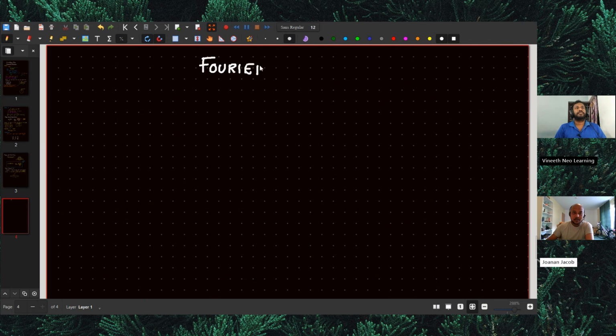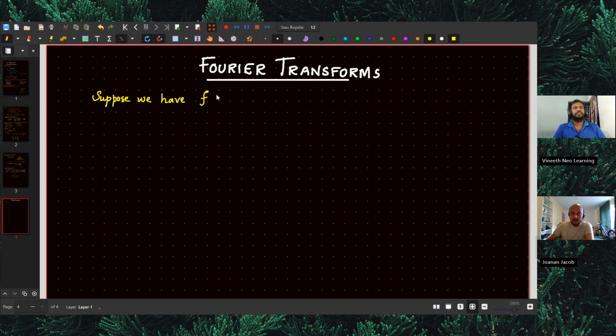Fourier transforms. Now, first let me define what a Fourier transform is. Suppose we have a function f of t. So this is a function in time. Now, the Fourier transform of f of t is defined as